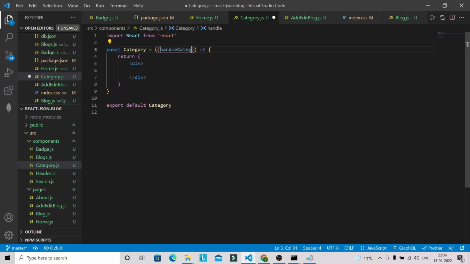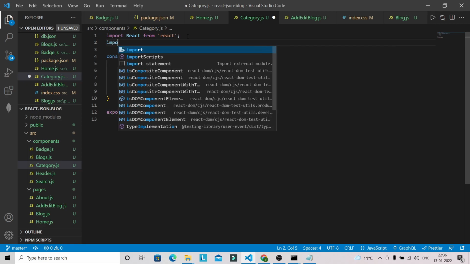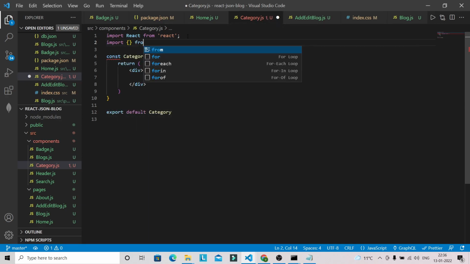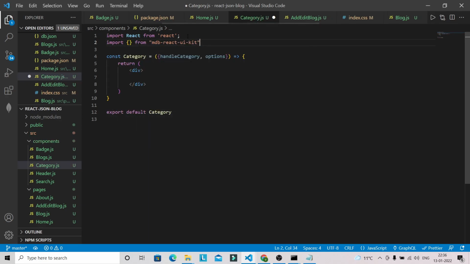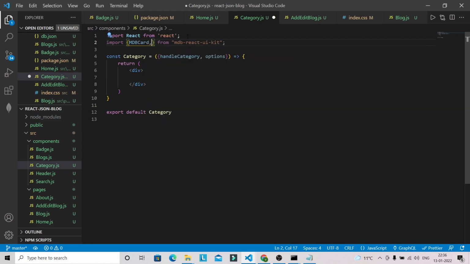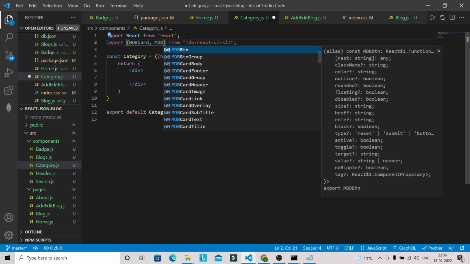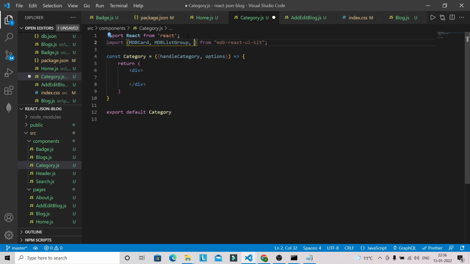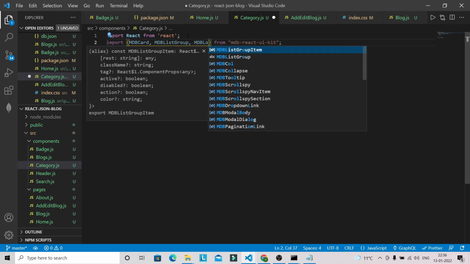So handle category is going to receive options. Okay, and from material design bootstrap we need to bring some components. So from MDB React UI kit we need to bring MDB card, MDB list group, MDB list group item,